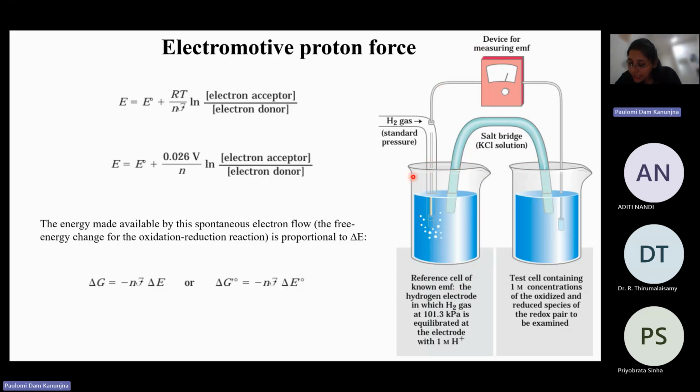The electromotive force, or the EMF, all of these are the same thing. The force of the electron is designated as 0.00 volt. So your EMF is designated in units of volts,